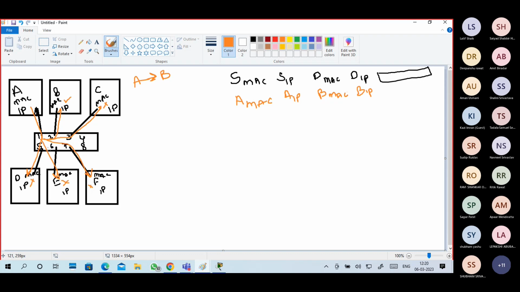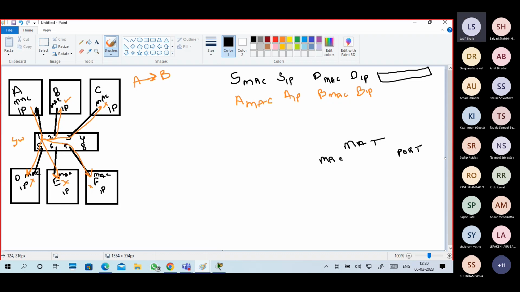So the switch received this addressing. Switch understands MAC addresses. So what will it create? It will create a MAC address table. In this table, it stores the device MAC address and the switch port number.